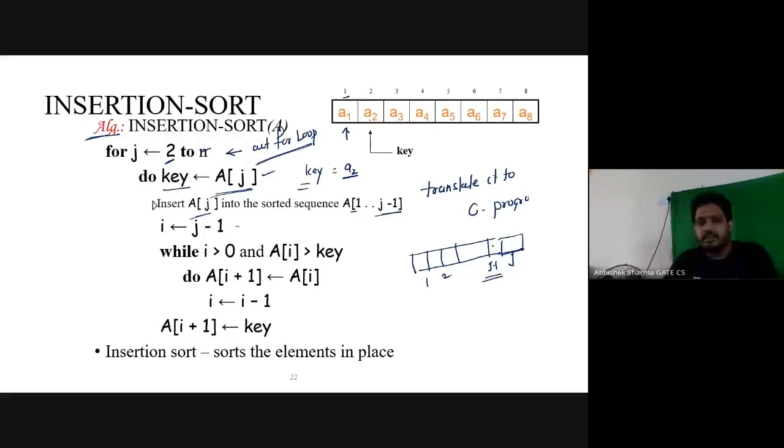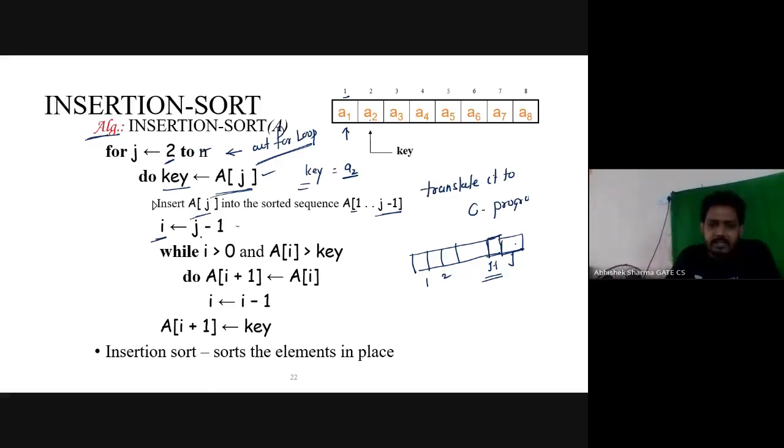Insertion sort always believes this. Now we run the loop with i equal to j minus 1, going down while i is greater than 0, up to 1.